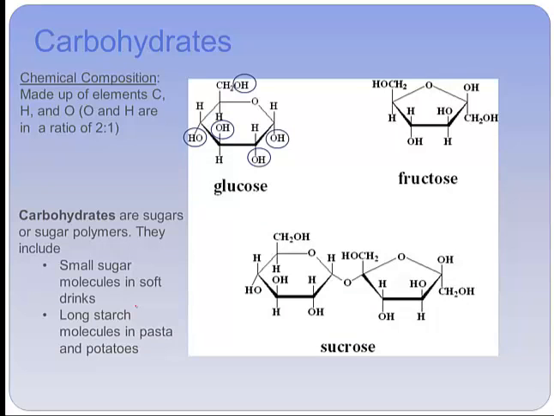So if we look at carbohydrates, carbohydrates are sources of energy for our bodies. And in terms of their chemical composition, they're made up of three elements: carbon, hydrogen, and oxygen. So if we look at those, carbon has the symbol C, hydrogen has the symbol H, and oxygen has the symbol O. Now, hydrogen and oxygen are at a ratio of 2:1, which means there are twice as many hydrogen as there